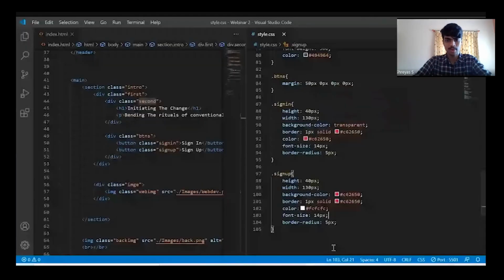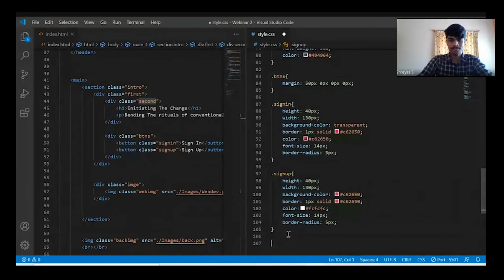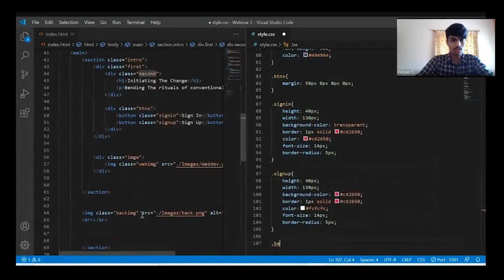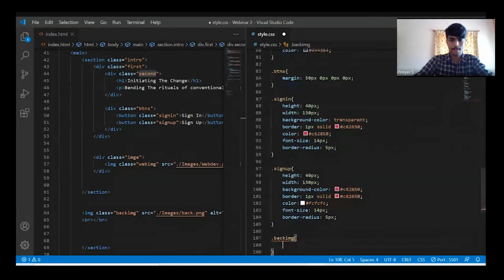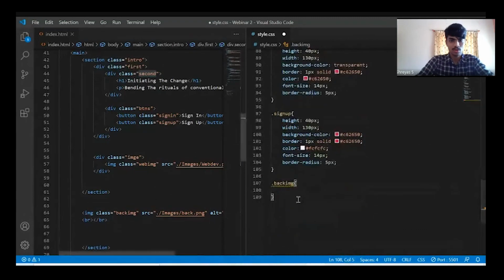So let me add a background. So dot background. So this is the background image. I have already defined the back image. So before adding the back image, let me remove all the corners.